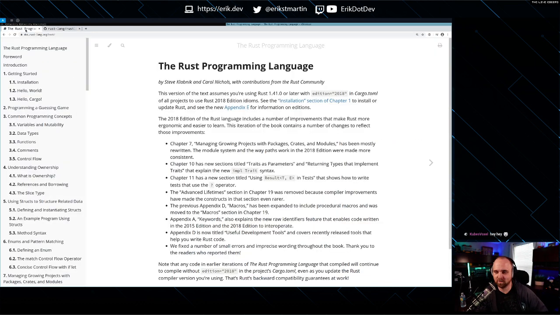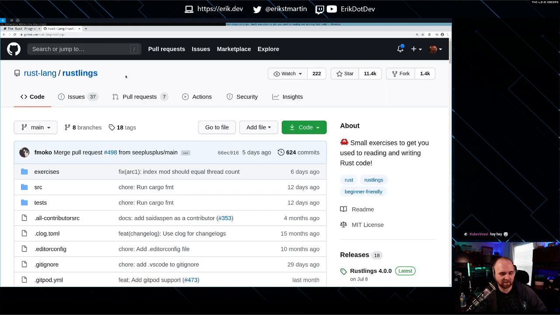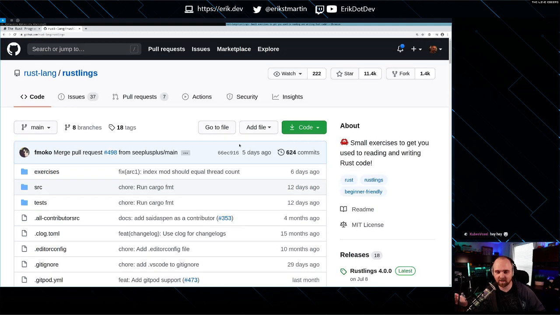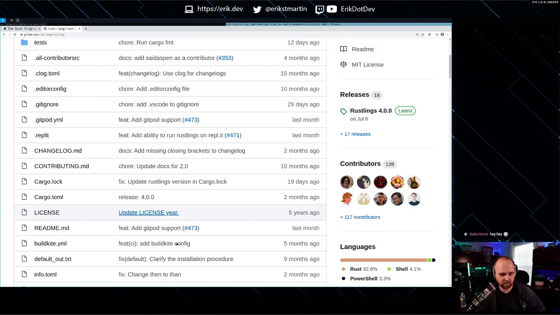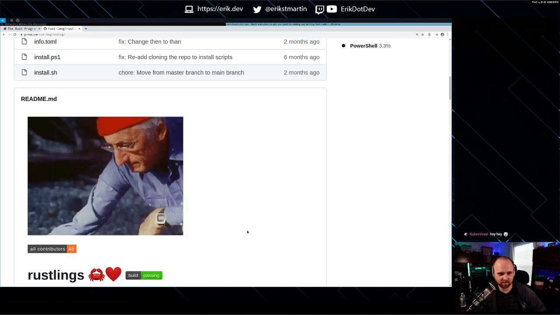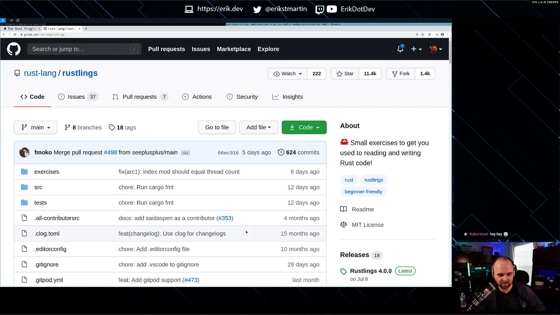I've got the Rust programming language book open, and then I've got this project called Rustlings, which a coworker of mine, Ryan Levick, who streams a lot about Rust, showed me. If you don't follow him, I'll drop a link in the chat for him. It's ridiculously cool. It's like a bunch of little exercises where you have to fix some broken Rust code. And I remember that's where it really started to connect for me. So I think maybe a good starting point is that I've already got this checked out.